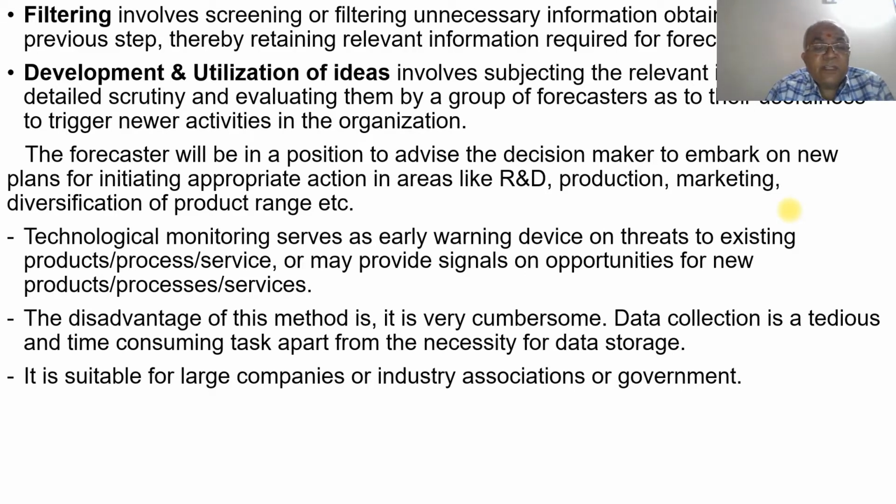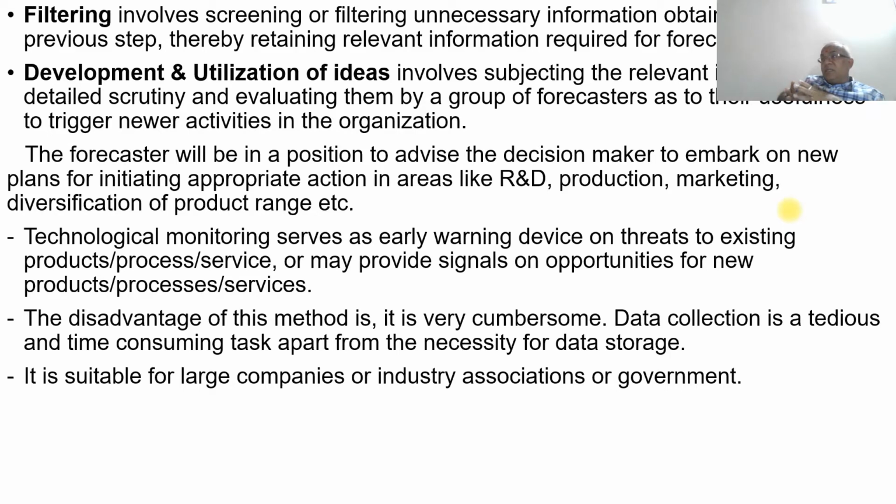The disadvantage of this method is that it is very cumbersome. Data collection is a tedious and time-consuming task, apart from the necessity for data storage. The disadvantage is because once we need to collect all the information, that is scanning, naturally we need to have a lot of questionnaires and ask the people to interact and then get the data which is required.